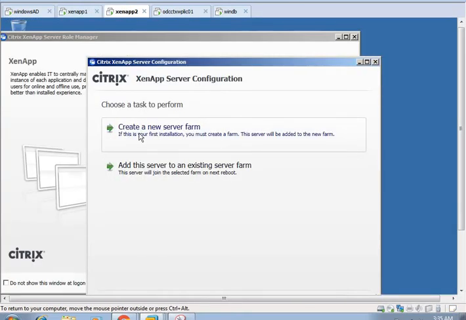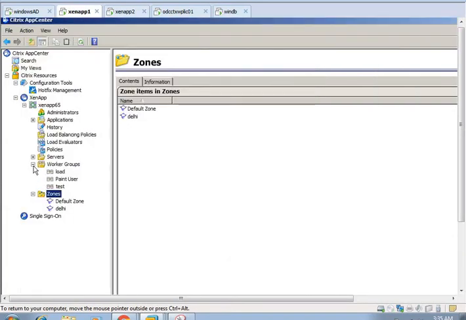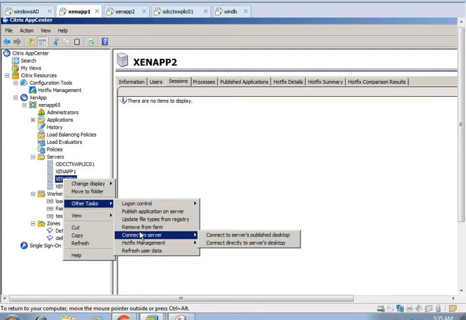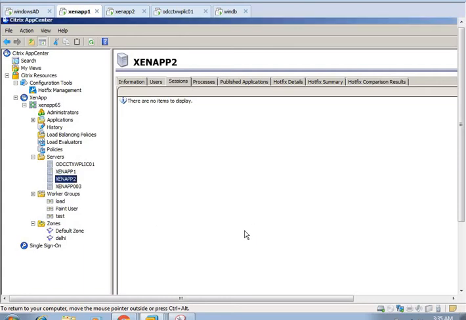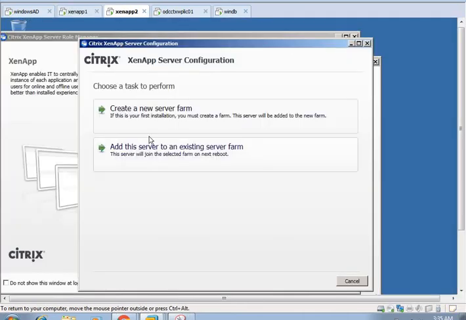So now we are going to configure this, and here I can see that the server is here. I'm just deleting this server from the farm. Remove from farm. Okay. And here, create a new farm server. In case we are creating the first server in the environment, at that time we need to create a new server farm.